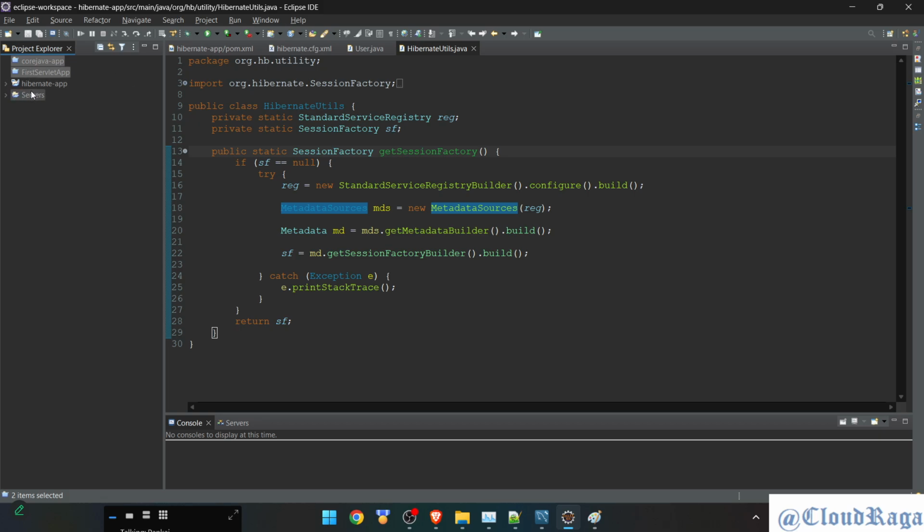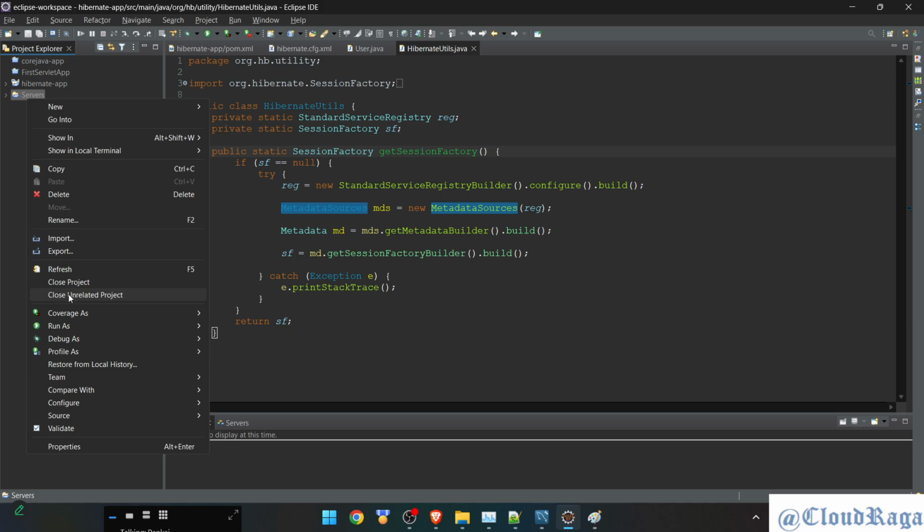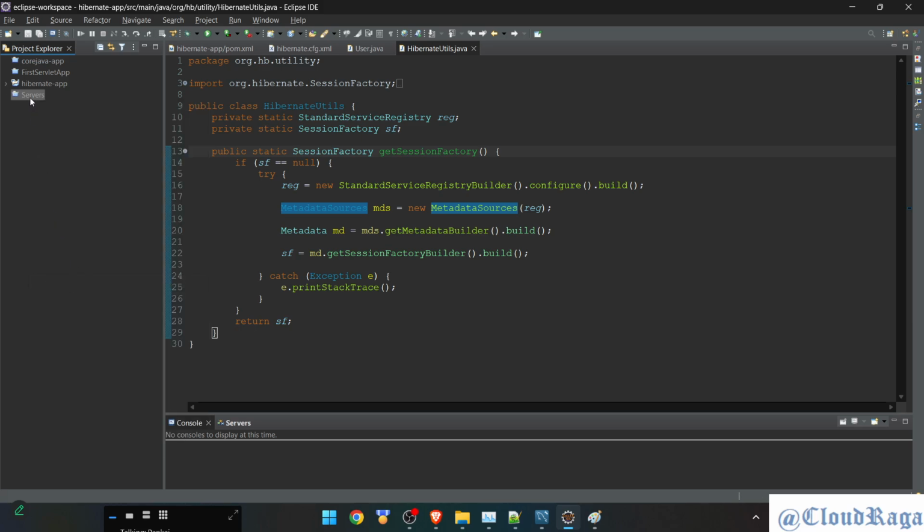Okay, so right now I just have one project, and I don't even need the server right now, so I can close it. Server is not a project, it's a folder which is used by web applications. So if you need a web application, make sure this is also opened. But for now, we don't even need the server for Hibernate because it's a standalone application. We are not using any other supporting framework or library to run Hibernate. We are just using Maven to manage the project, and we just converted that project into Hibernate by adding certain